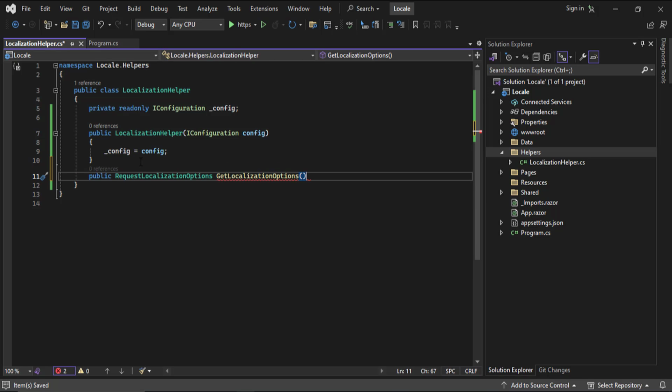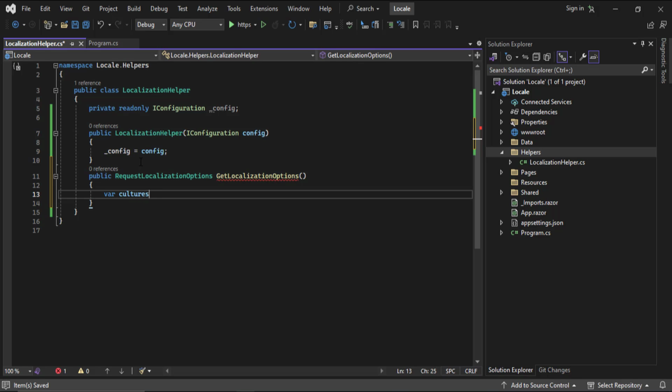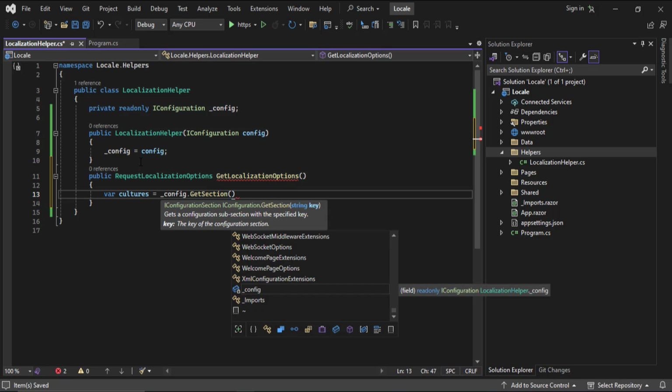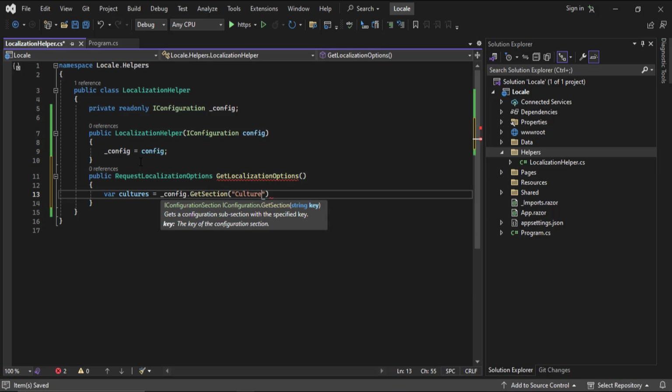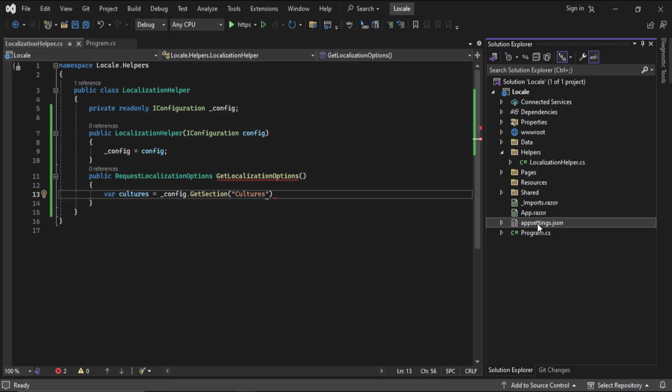And I'm going to go inside this method, and the first thing that I need to do is to add the value that will hold all the cultures that we support on our website. So I'm going to say var characters will be equal to, I'm going to call the configuration, and I'm going to get the section, and the section that we're going to get will be the section for characters, and we don't have that yet, but we're going to create it in our appsettings.json. So I'm going to go into the appsettings.json,